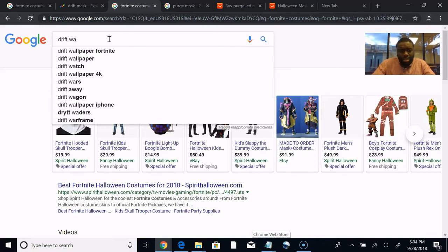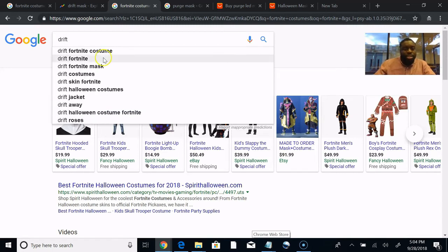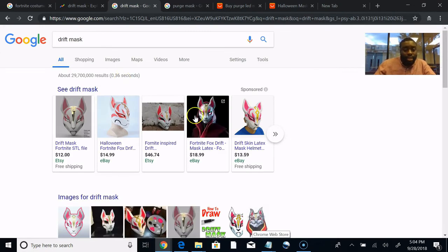I don't know if you can sell this product because, of course, Fortnite is trademarked, but I'm just giving you guys an example. But if you call it drift mask, I don't think that's anything. But yeah, so